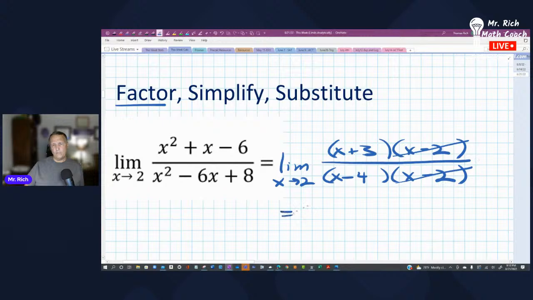And when I resubstitute, I do get an answer. 2 plus 3 is 5. And 2 minus 4 is negative 2. So this answer is negative 5 halves. That is the limit of my function. All right, now what does this mean? This should not look totally new to you, because at least in my class when we started this out, what we did